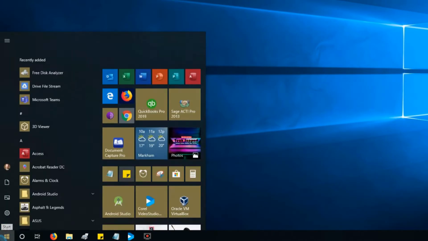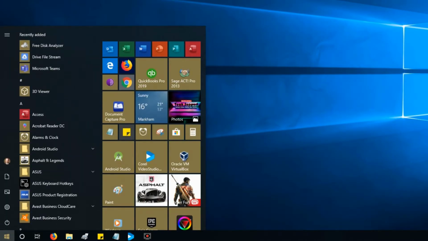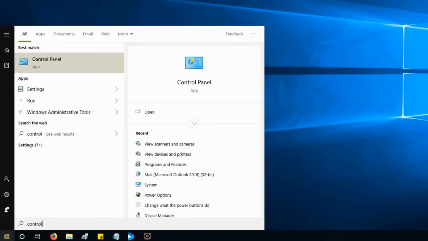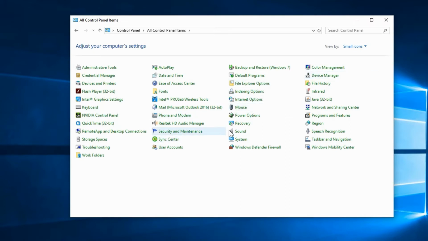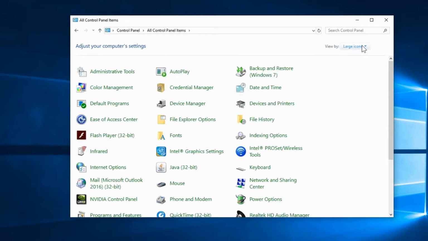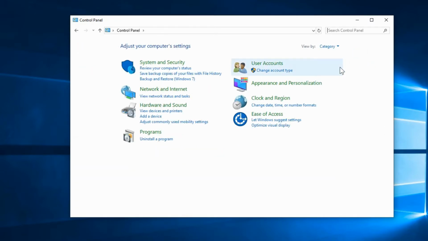What I like to do, when you go into the start button, you don't have to click anywhere else, just start typing in control. And that's where you'll see the control panel come up. So when you click on that, you will now see your traditional control panel, where you'll be in category view by default. If you click up here on category, you could go to small icons, and it shows you all of the things here. You go back, there's large icons or category.